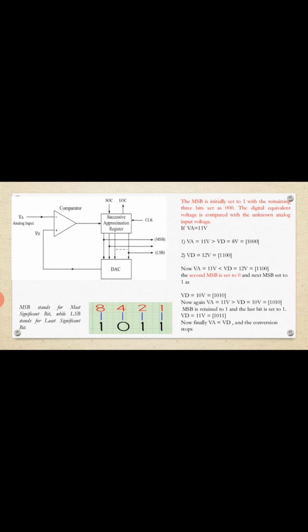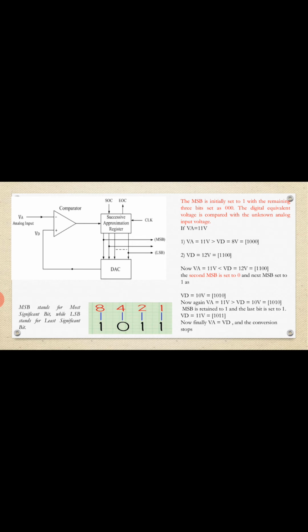I will explain with one example, because the textbook does not give an example, only this figure, and it concludes with these sentences. To understand the sentences we need to go through one example so that we can understand the circuit and the operation of the successive approximation. Here is the example I took, and I am going to explain.